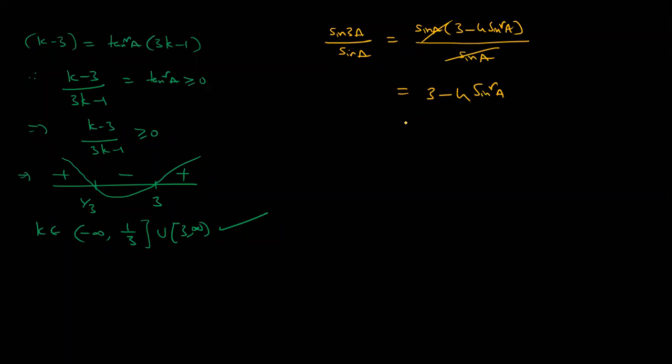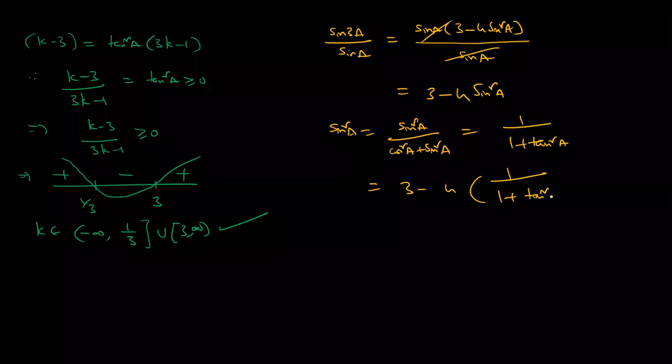So in this case, I need it in terms of tan. I'm writing one formula, dear students. What is the value of sin square in terms of tan? Anyone remembering? In the place of 1, I'm writing this one. So sin square A is tan square A by 1 plus tan square A, or 1 by 1 plus tan square A in this form. See carefully. So that means here 3 minus 4 into 1 by 1 plus tan square A. Otherwise, use the right angle triangle concept. You can use anywhere.